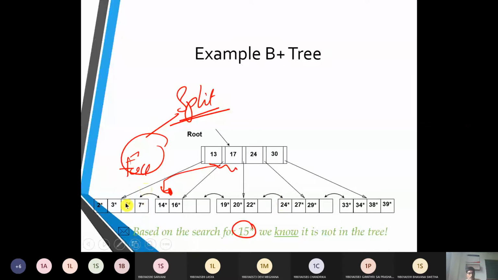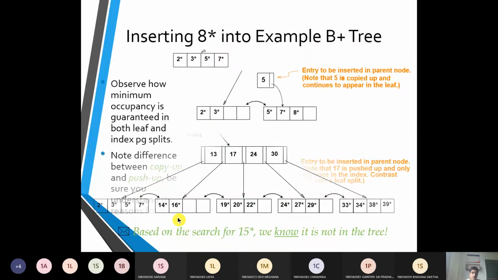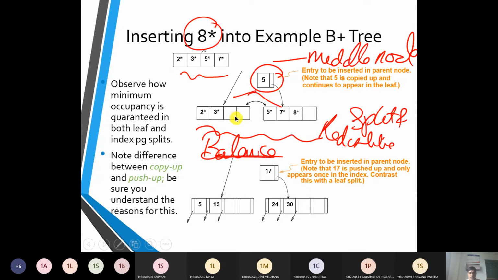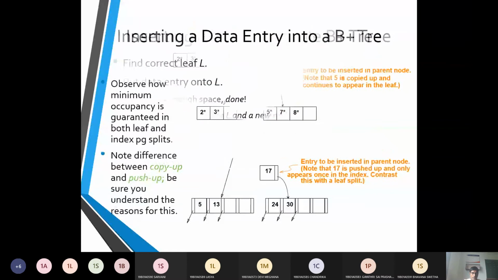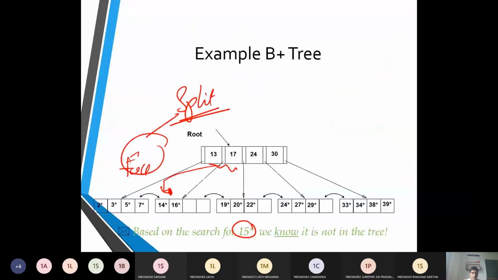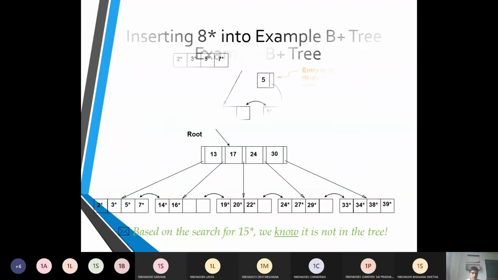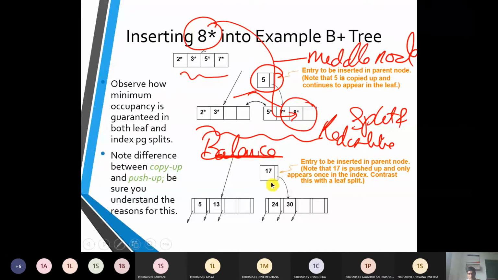So what will happen was 5 is going to be promoted to the middle node, and then it is going to have a left half and a right half. And then the 8 element is going to be inserted at this position. So is this complete? No, it is not yet completed. The reason is you need to have a balancing factor. So how you are going to balance: 5, 7, 14 and 16 are still at this point of time.